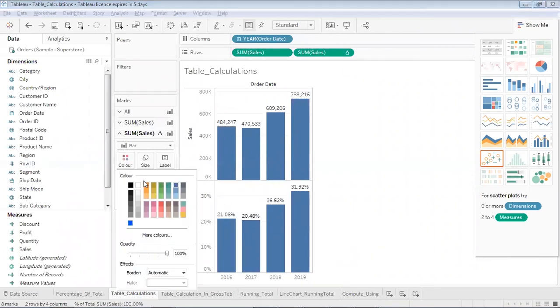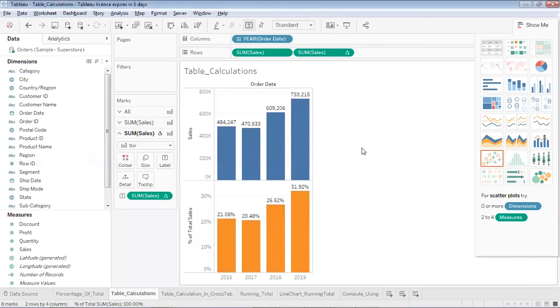I can change the color. So this is how I can show the total sales, year-wise sales across 4 years, along with the percentage contribution of each year's sales in my entire total sales of the 4 years.